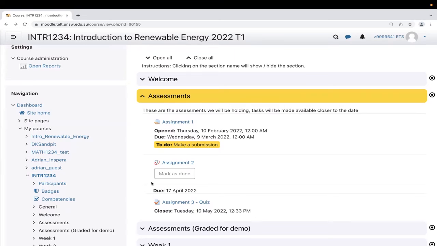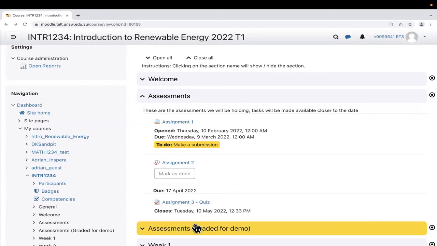So why don't I show you just briefly how the submission works in some of these common ones, and we can just take a look at how the feedback will look as well. So all of these assessment type of tasks is honestly quite simple on the Moodle side. The hard part's of course doing the assessment itself. But on the Moodle end of things, all we really need to do is similar to everything else, just click on the link.